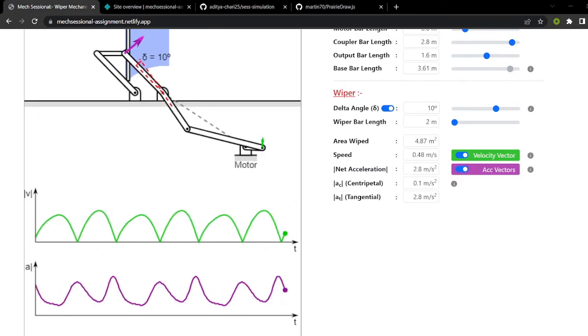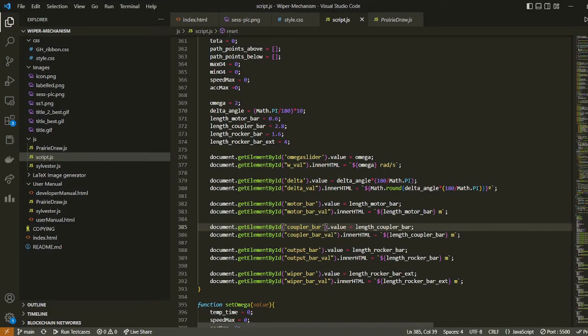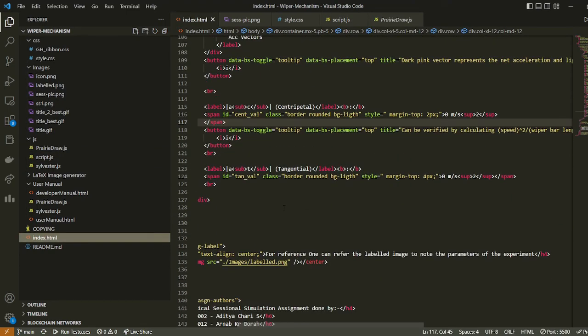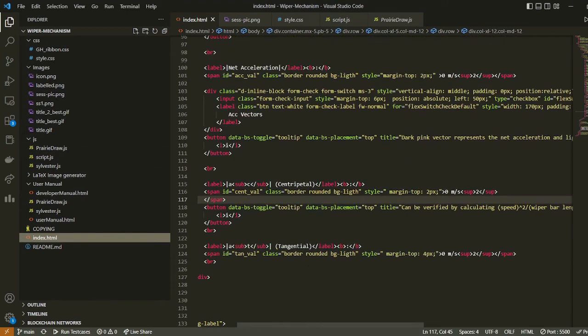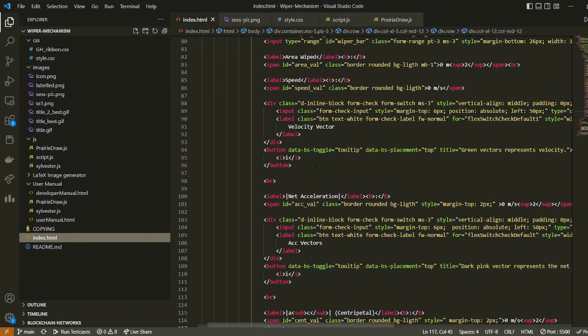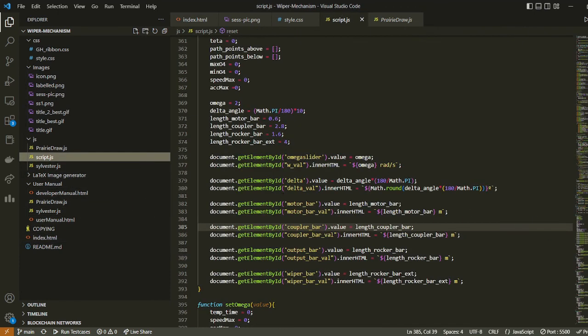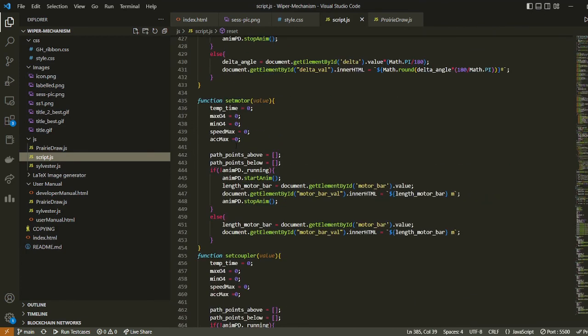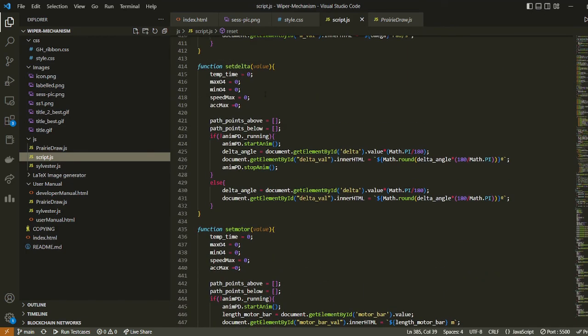And we can see the code as well, where all the libraries have been implemented such as PrairieDraw.js and Sylvester.js. And you can see in index.html, for every calculation there is a separate function which has been defined, such as where here the span id is acceleration underscore val, and in script.js you can also find acceleration underscore val in different functions, such as to display the real-time acceleration, the centripetal acceleration, the tangential acceleration